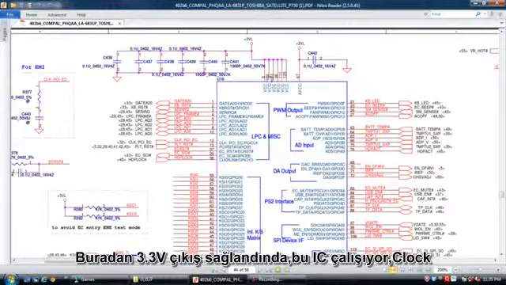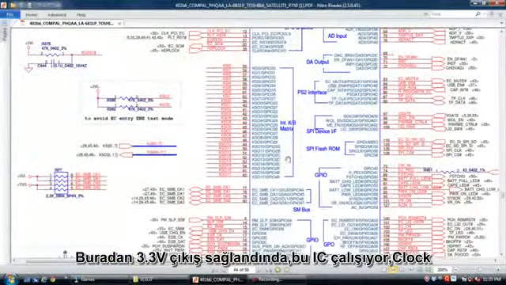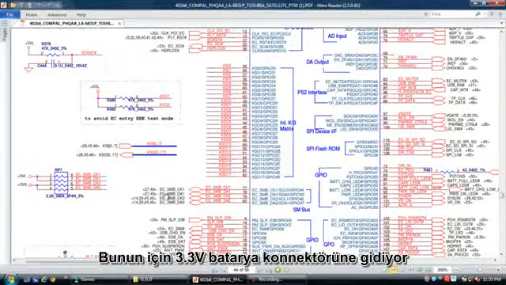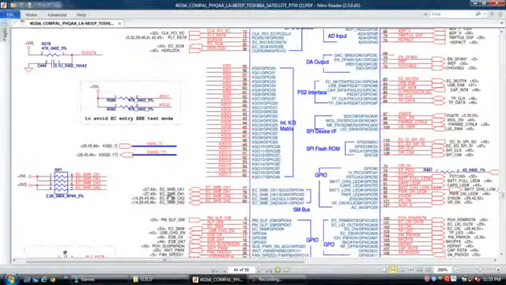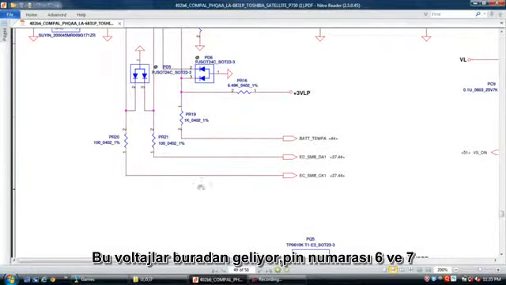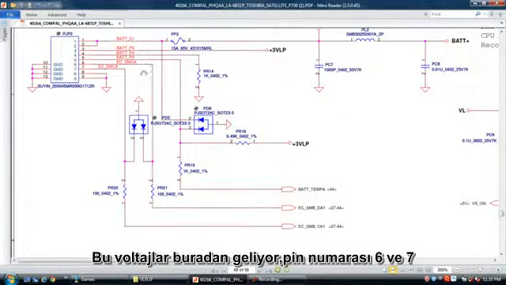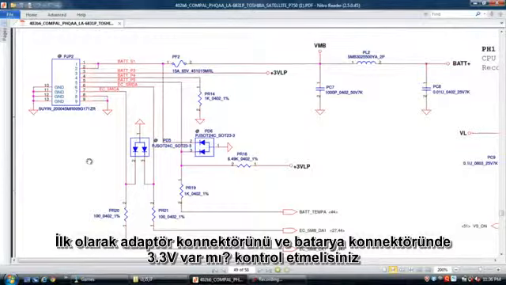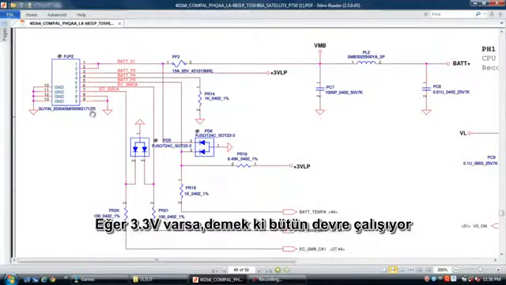When you give this 3.3 volts, this IC releases SMB clock and data at 3.3 volts. This voltage goes to the battery connector, page number 49, pins 6 and 7. First you connect the adapter and check whether the battery connector has 3.3 volts. That means this whole path is okay.